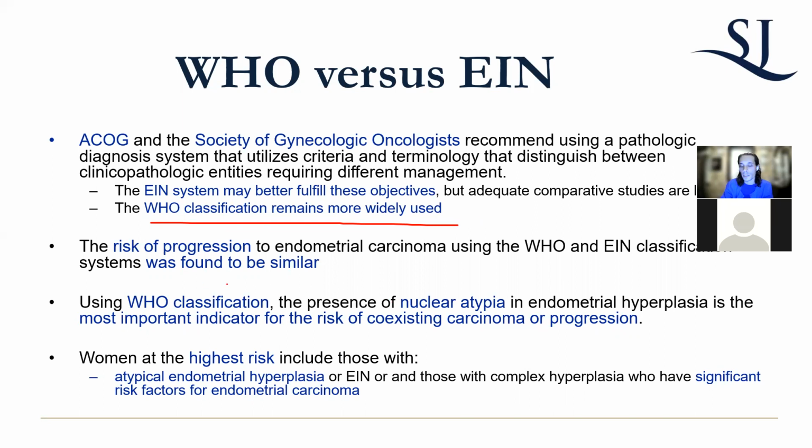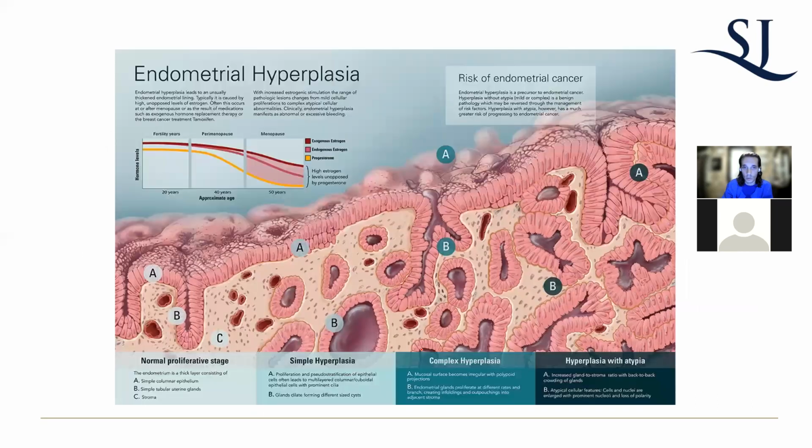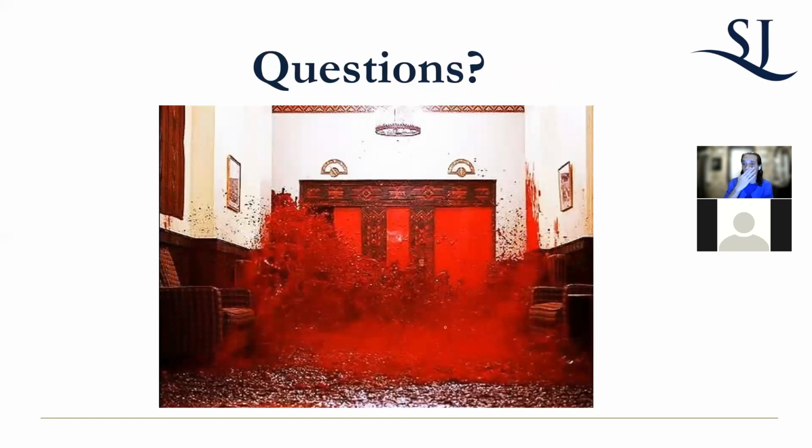If you have complex atypical hyperplasia, you're looking at a background risk of endometrial cancer of about 40%. You can estimate that on your exam. The highest risks are atypical hyperplasia, complex atypical hyperplasia, which I just mentioned, or if you have endometrial intraepithelial neoplasia, because it's either that or nothing. They have the most significant risk. You want to get an endometrial biopsy or do a D&C to get a sample to rule out carcinoma. So those are the highlights of what you need to know.